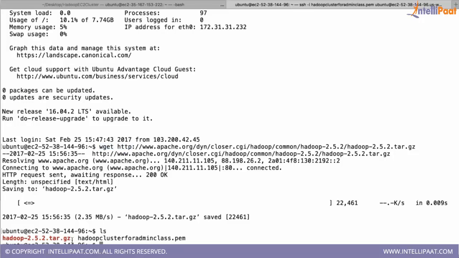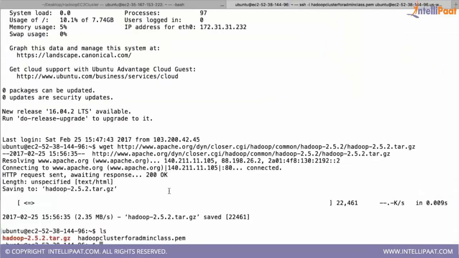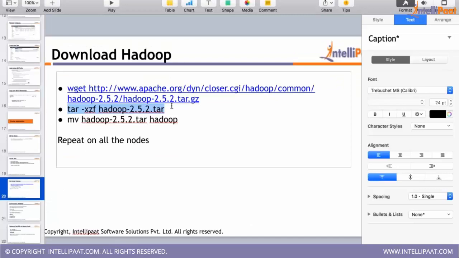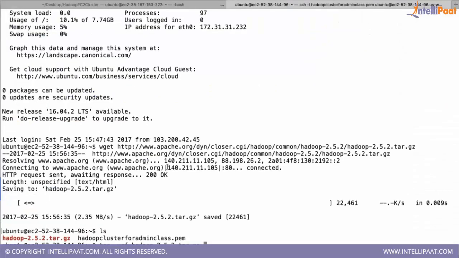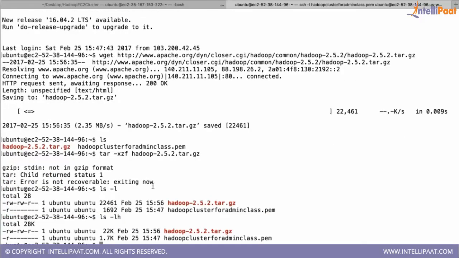Now because tar.gz is like a zip file, it's a compressed file, we have to uncompress it. To uncompress it, you use tar -xzf. Just a second.